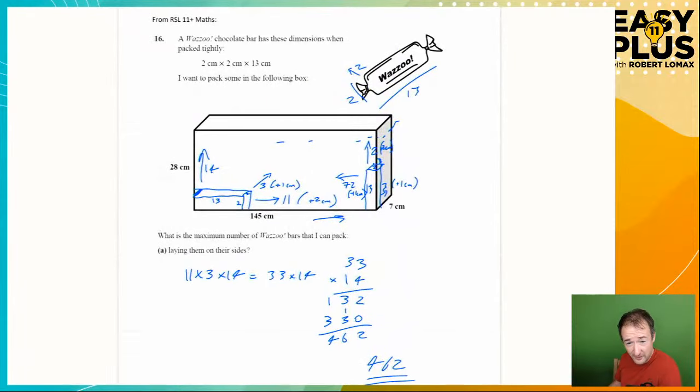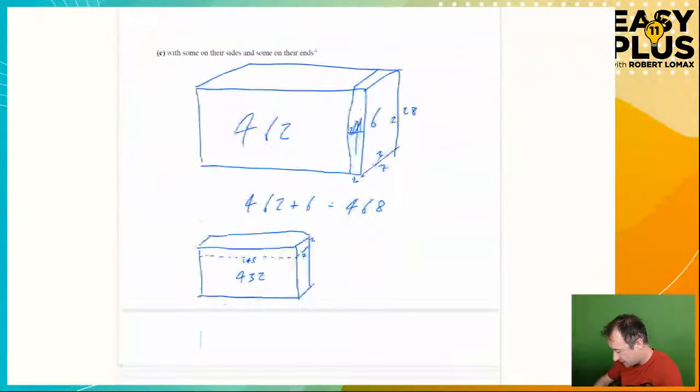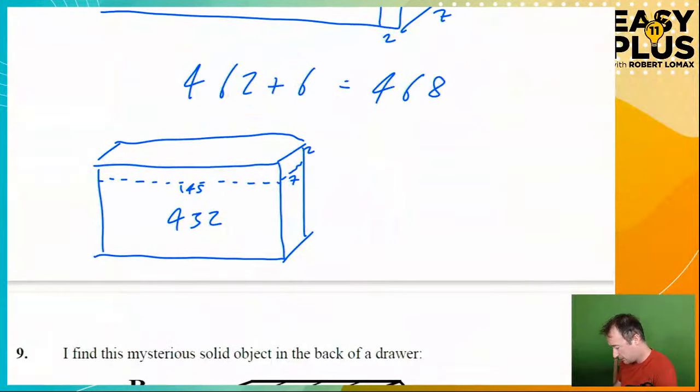that fitting these wazoo bars into a layer on the bottom, we can fit 11 in this direction and 3 in that direction. So 11 times 3 is 33. So we know that in a single layer you can fit 33. That means that going down here, we don't need to work this all out again. We can fit 33 in up here. 432 standing on their ends, plus 33 lying on their sides, gives us, drum roll,